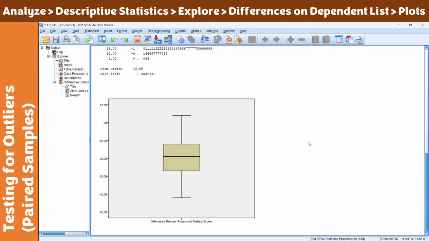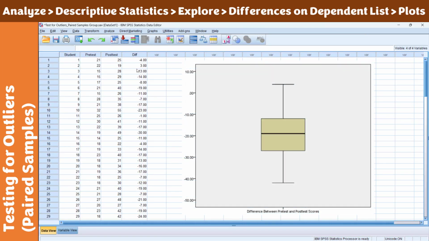You can have just an ordinary outlier or a far out outlier. But in this case, there are no labels there. This is already an indication that for our set of data, with these differences, there are no significant outliers, and hence we have already satisfied the third assumption before we can use the paired samples t-test.